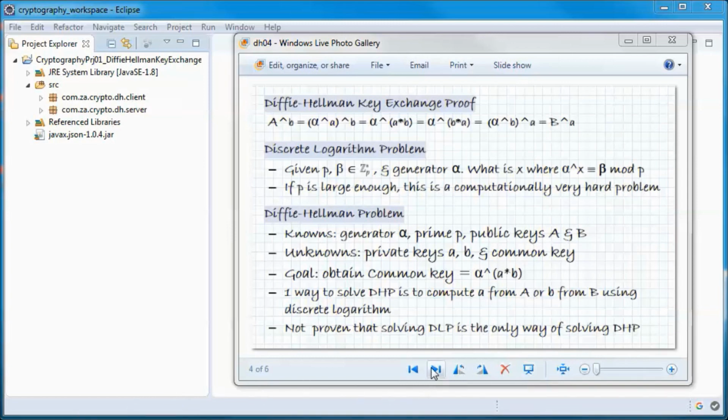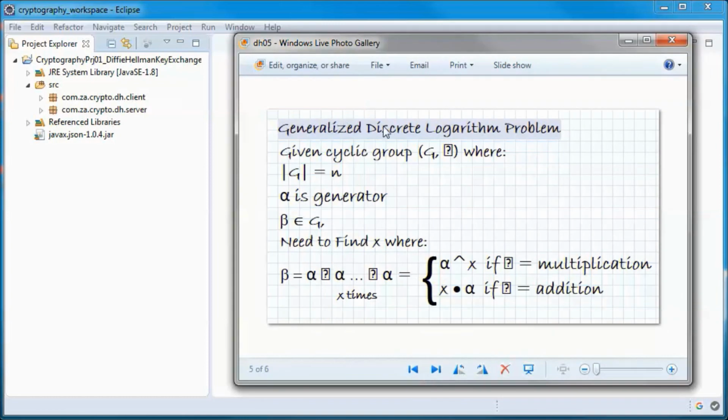And we can generalize the discrete logarithm problem so that instead of the operator on that group being multiplication, we can also have addition as an operator.